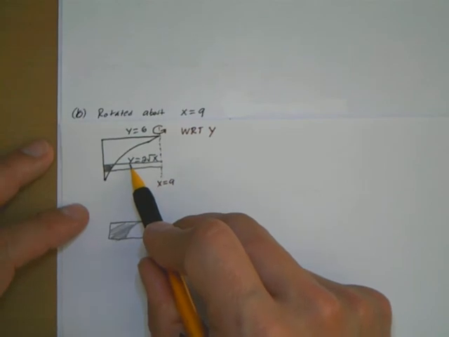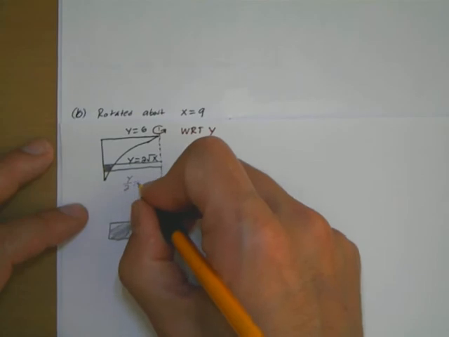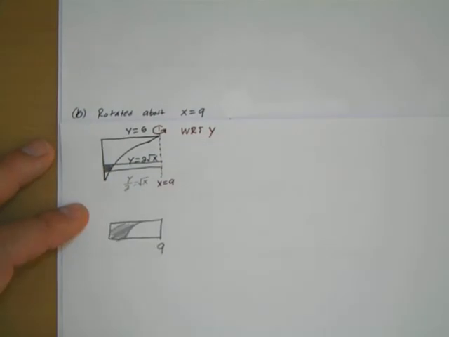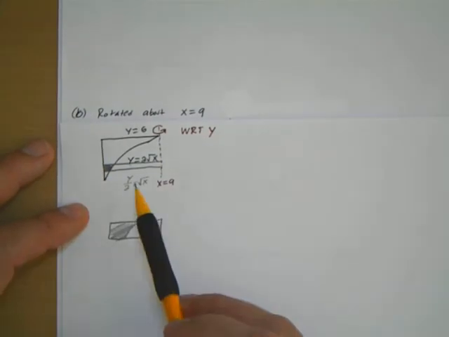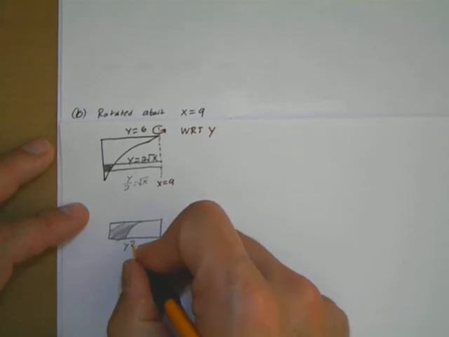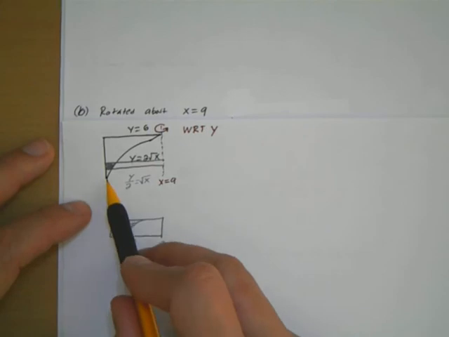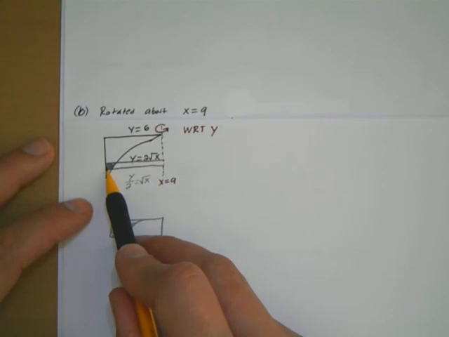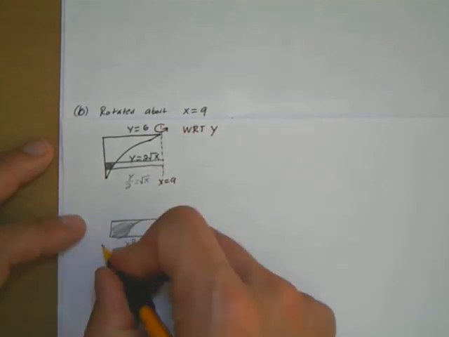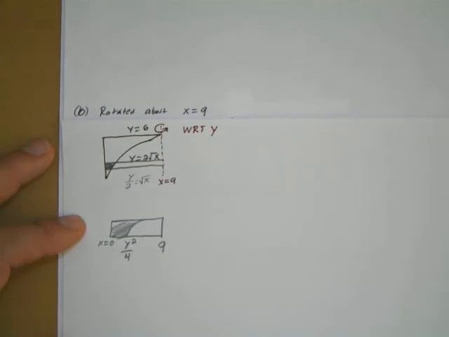So if you divide both sides by 2, you end up with y over 2 is equal to square root of x. And then if you want to do the square root, you would square both sides. This would be y squared over 4. This over here on the very far left is the y-axis, so you can think of this as the line x is equal to 0. So then your washer,